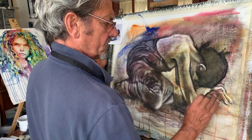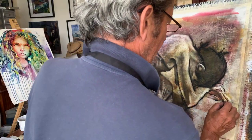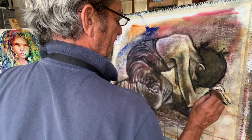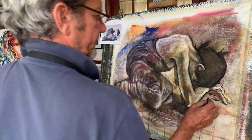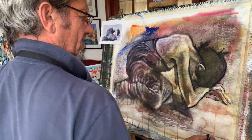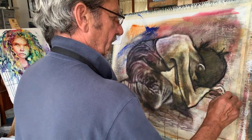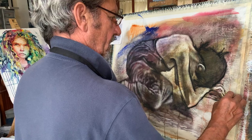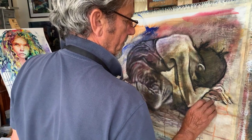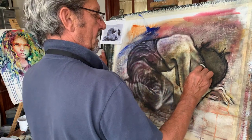on the floor. Leave the shadow just to darken it a bit, make it thinner, stop it looking like a sausage. Yeah, and then we can do the thumb again. I have sharp nails, and then from there, here,